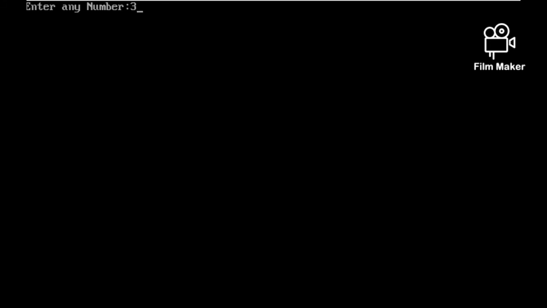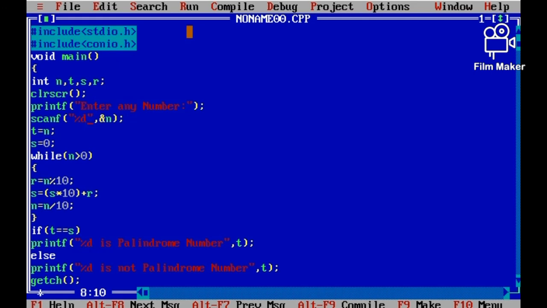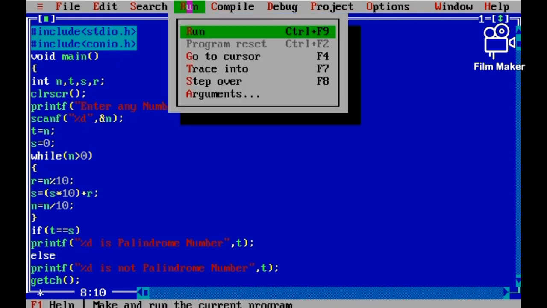If I type 314, then 314 is not a palindrome number, because the reverse number is not 314. If the reverse number is equal to the given number, then it is a palindrome number. Again I will try. If I type 212, then 212 is a palindrome number, because the reverse of 212 is also 212.